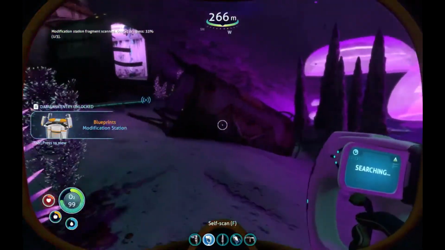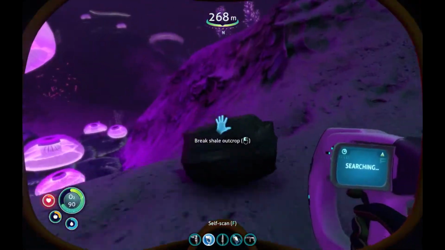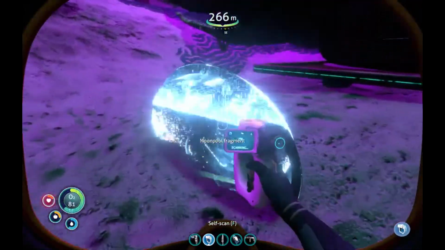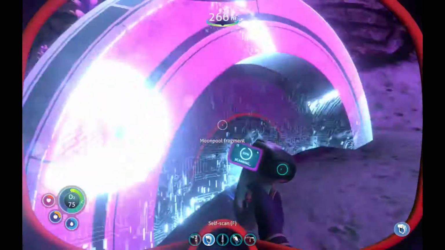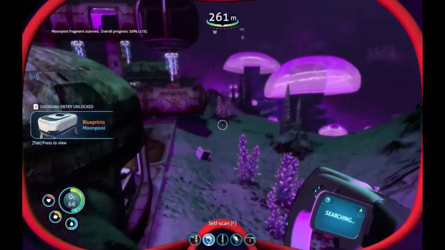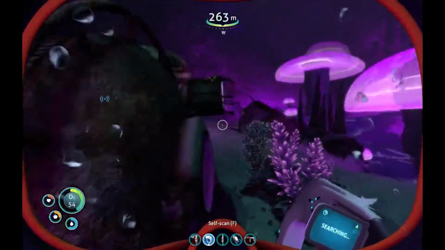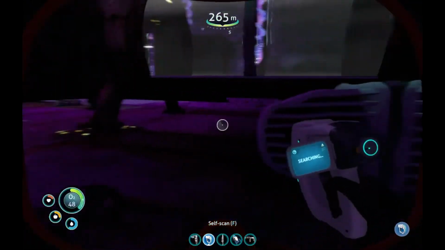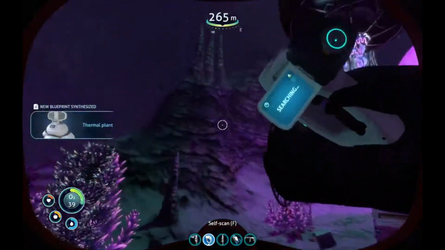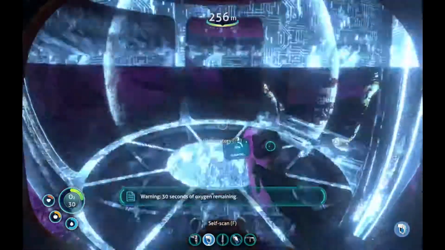Looked like there was something else over here, maybe? Where'd it go? It looked like there was something loose. Shale. I can find shale relatively easily nowadays. Moon pool fragment. We were just talking about the moon pool with the... what was it? Precursor base. Spotlight, eh. Thermal plant. Did I already scan this one? Is this the same one I scanned? Doesn't appear to be so. Observatory. That's a really cool piece of...